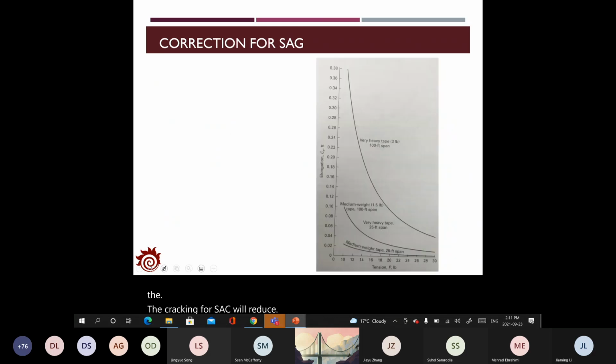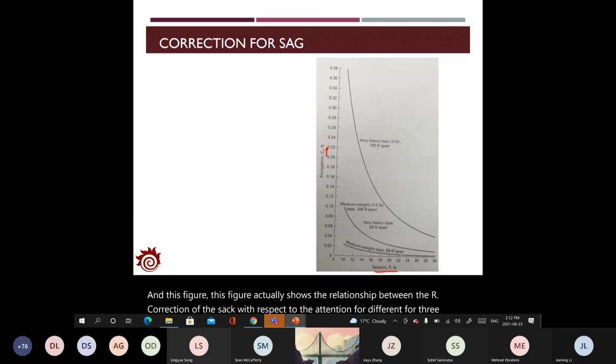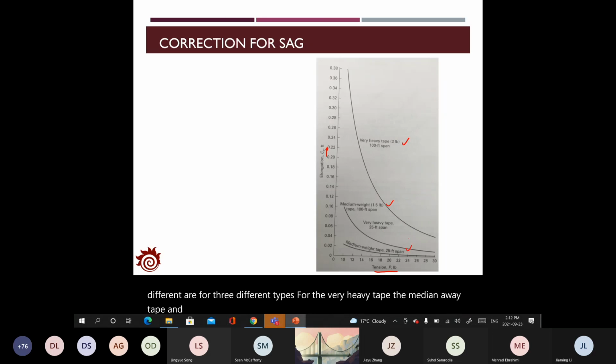This figure shows the relationship between the correction of the sag and the tension for three different tapes: the very heavy tape, the medium weight tape, and the medium weight tape with a length of 25